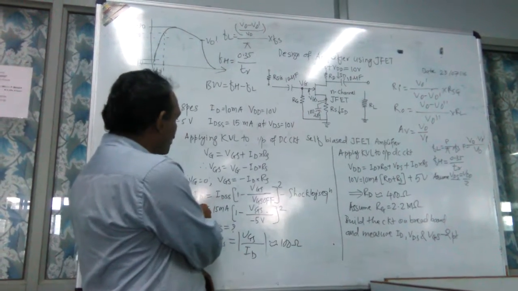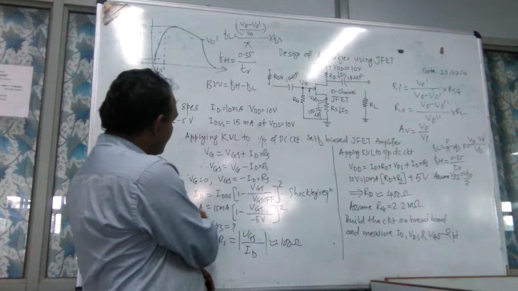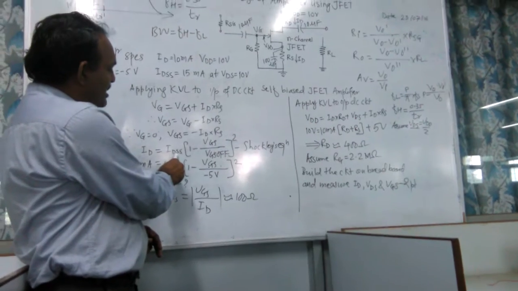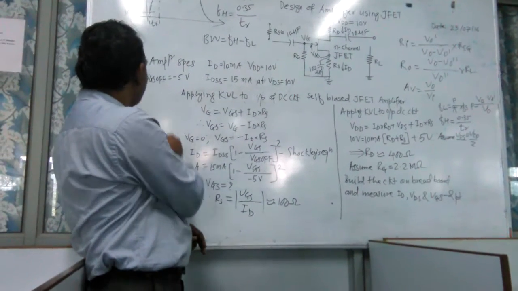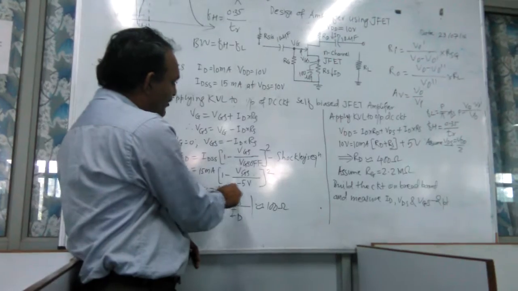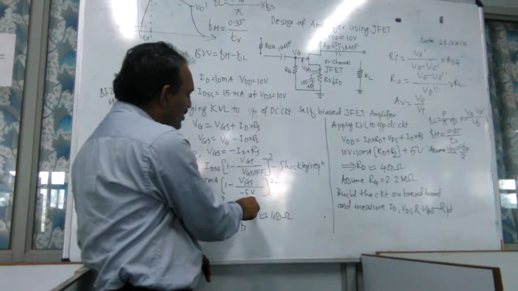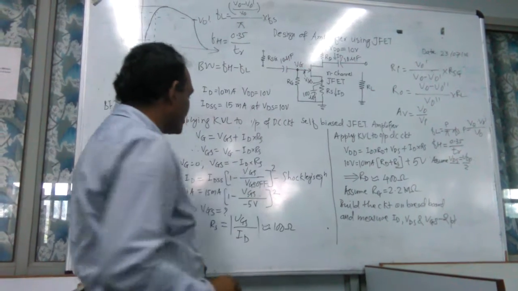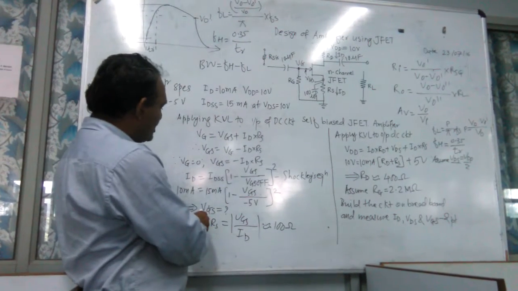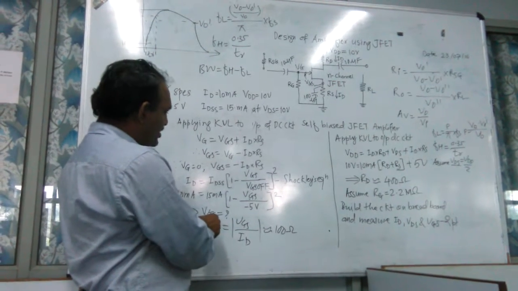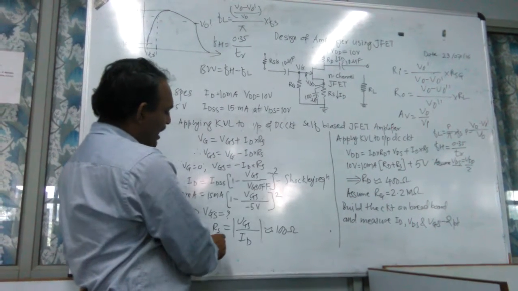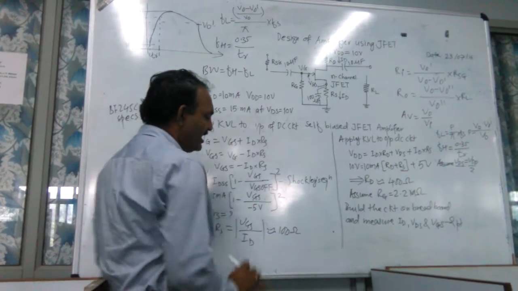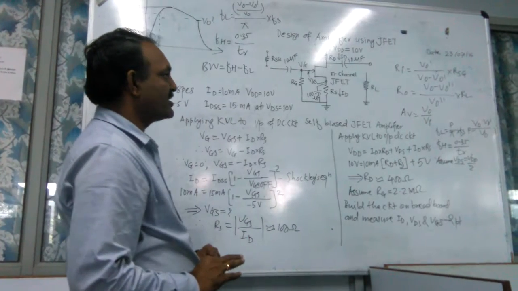Now, by putting in the given values of ID, that is 10 milliampere as a specification, and IDSS, which is the specification of BF245C, that is 15 milliampere, and we are also aware of VGS of minus 5 volts, we can get the values of VGS from Shockley's equation. By knowing the value of VGS and putting it in these equations, we will get RS equal to VGS divided by ID, which you will find nearly equal to 100 ohm for the given specification.